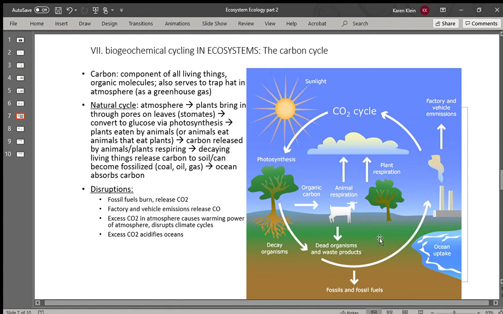Too much carbon in the carbon cycle. And once again, it's due to human activity. When we dig up these fossil fuels and then we burn them, we're releasing lots of carbon into the atmosphere. Now, the role of carbon dioxide in the atmosphere is that it helps keep our planet warm. It's a heat absorber. There are other heat absorbing molecules in our atmosphere. Water vapor is one of them, methane is another. But carbon dioxide's role in the atmosphere is to hold on to heat. And so the more carbon dioxide we're releasing into the atmosphere,